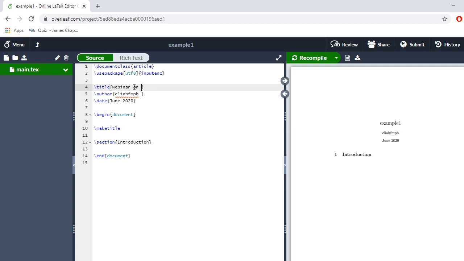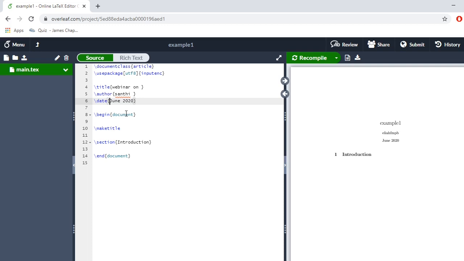And the author's name is taken from whatever account you registered with. Now you write your name or whatever you want. You can also write the date here, either 10th June or 12th June, whatever you want.